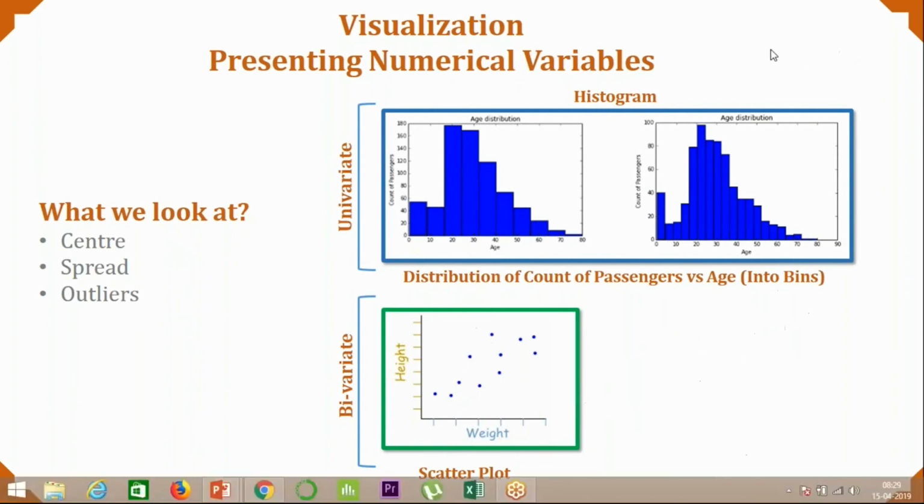Tell me an example where there is no correlation between one variable and another. That will be a zero correlation, right? Take the age of a passenger and their weight. We don't have a proper correlation between the age of a passenger and the weight.